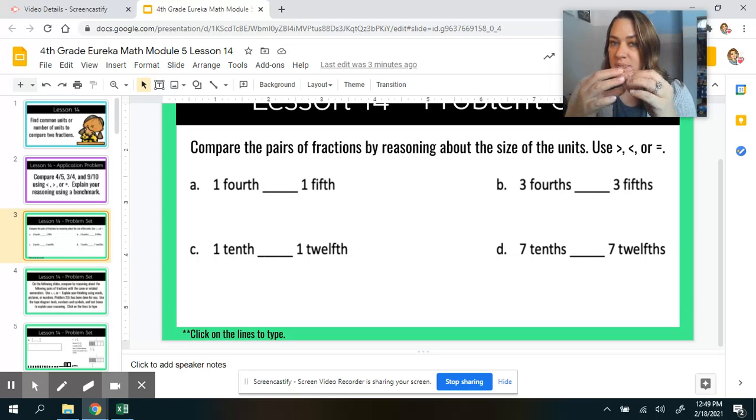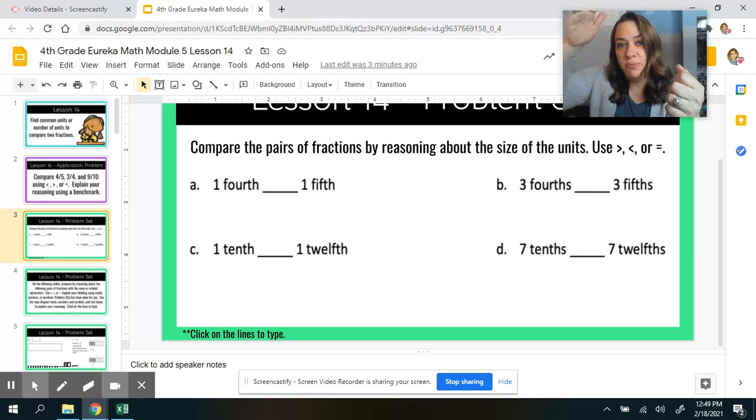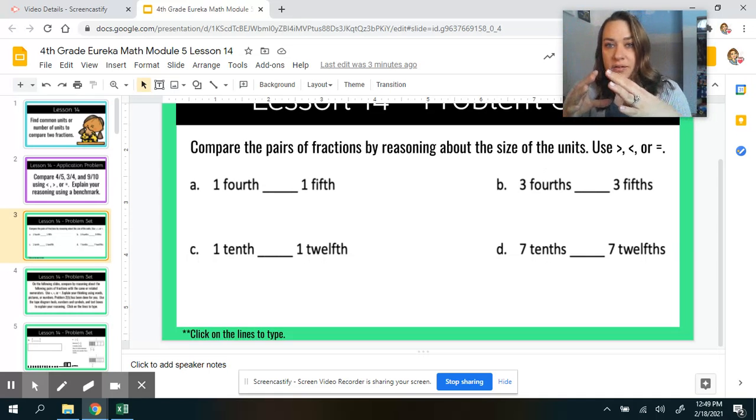So if I cut it into fewer pieces, my pieces are larger, right? If I cut a pizza into 4 pieces, or if I cut it into 12 pieces, the pieces I cut into fourths are going to be much larger, okay? So 1/4 is going to be larger than